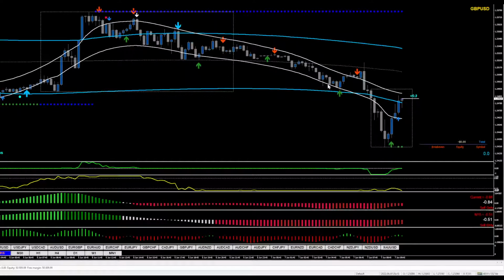I know it's not like taking the full trade, but it's still a nice profit, and I really don't want to sit around and wait. So